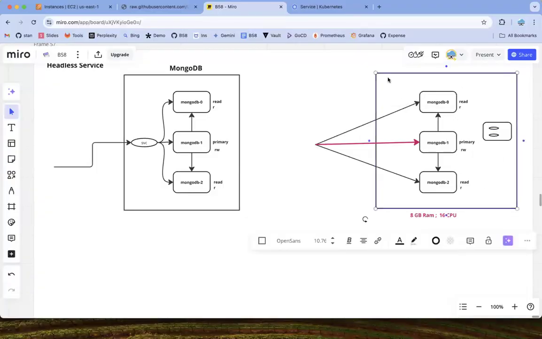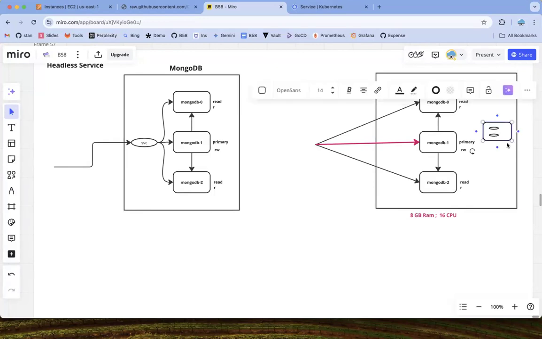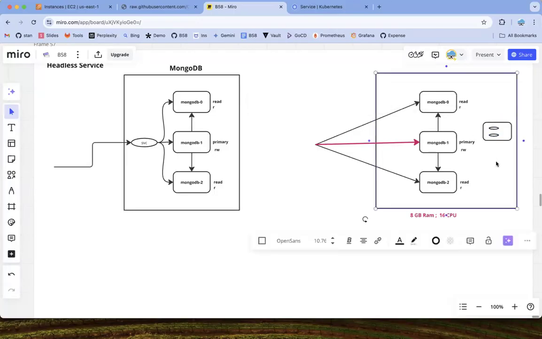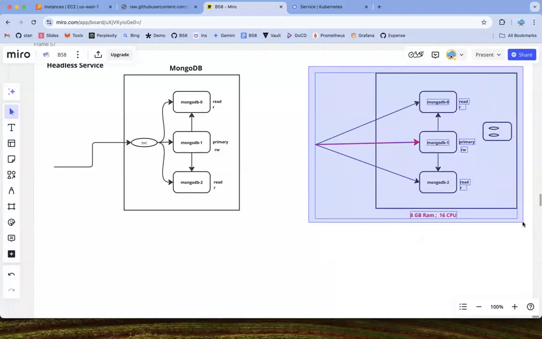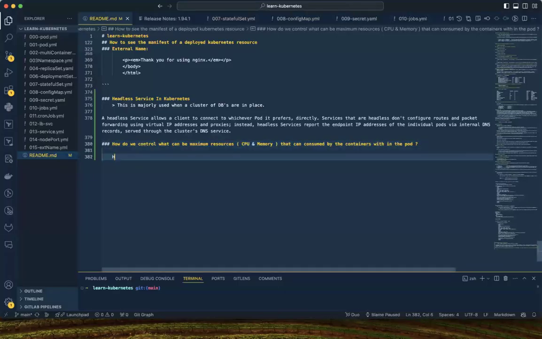If it is a physical box, the box can use a maximum of 8 GB memory and 16 CPUs, and it can't go beyond it, right? But if it is pods, if you don't define limits, if you don't define what is the maximum it can use, then whatever resources are available on this particular node, it can run to the maximum of it, and sometimes it even causes downtime of the node. So how can I define, and how to define